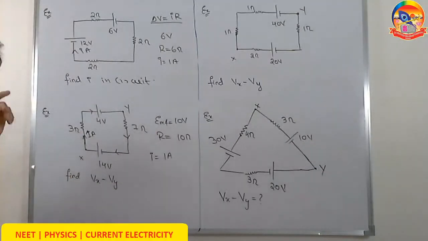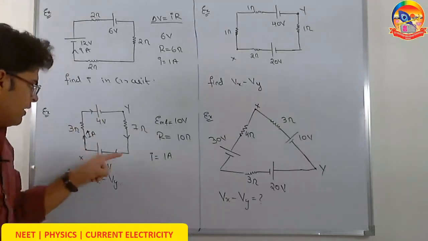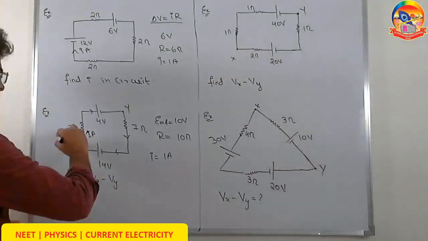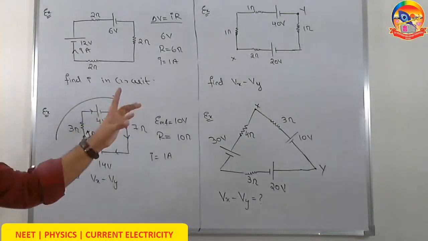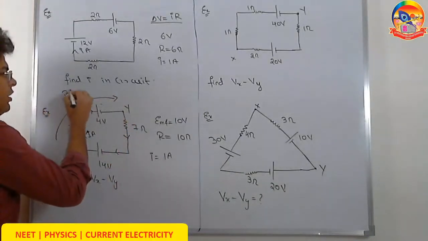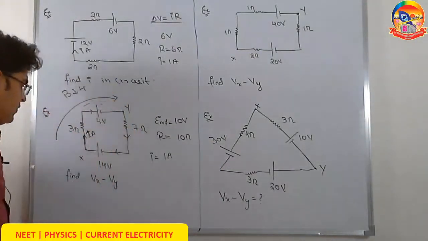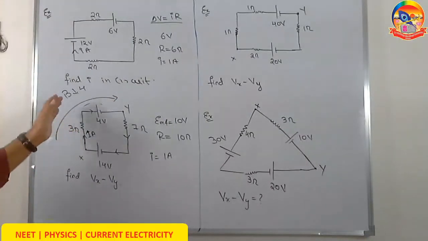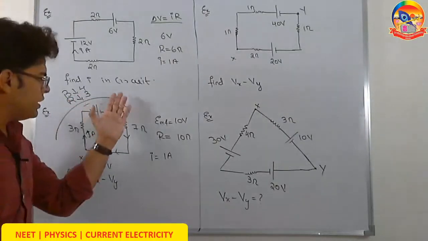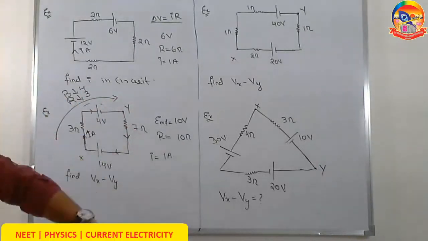How? So see, either I can go from x to y following this upper path, or I can go from x to y following this lower path. Whichever path you choose, follow it. For teaching purposes, I am choosing this upper path. While going from x to y here, because of the battery in this path, the potential decreases by 4. Since the current also goes from x to y in this path, and there comes a resistor of 3 ohm, because of the resistor, the potential decreases by 3 volt. So because of the battery, potential decreases by 4, because of resistance, potential decreases by 3. So going along this path from x to y, the potential decreases by 7.